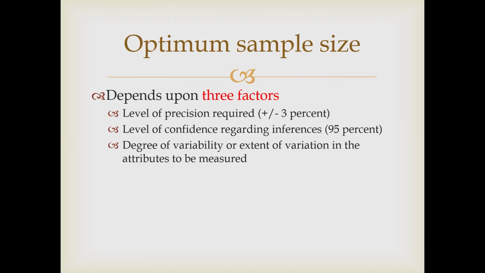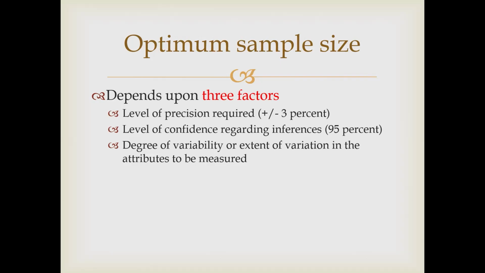What is the variation of stress among employees? Is there a high variation among the bank employees of their stress, or is there only a small variation in the stress? That is